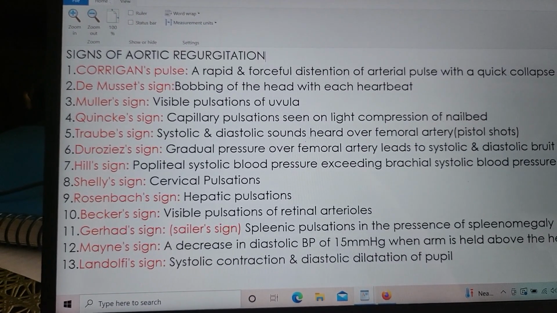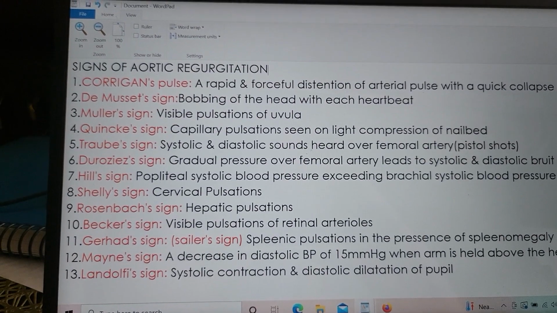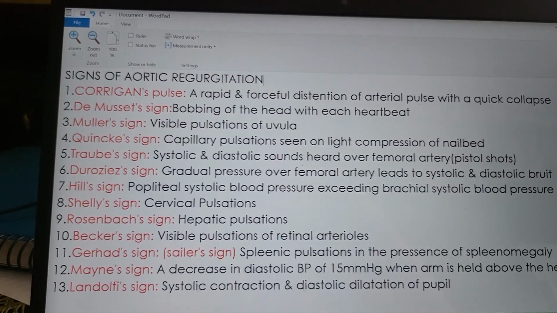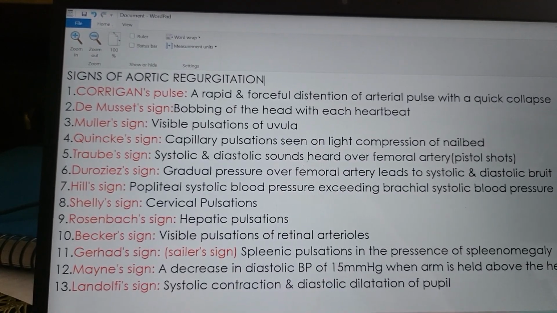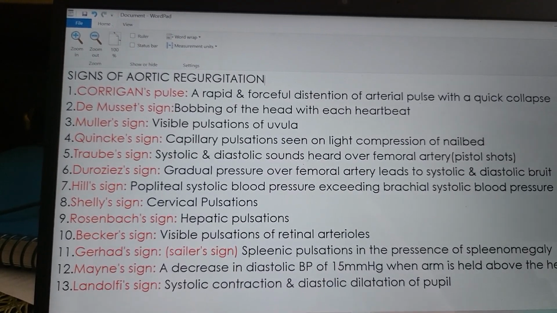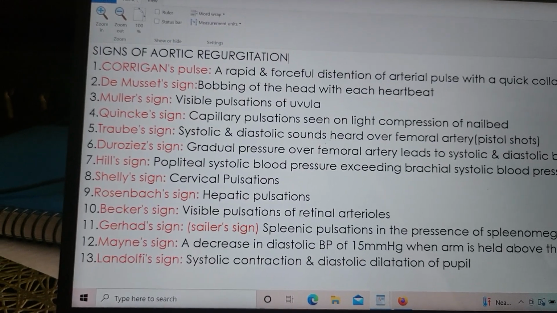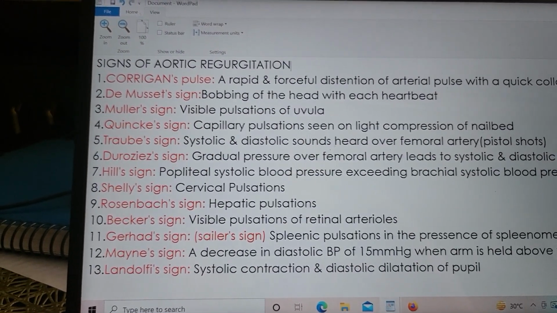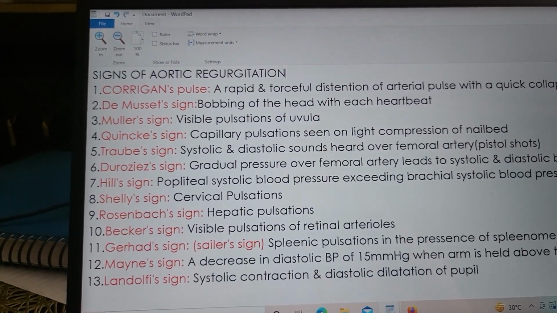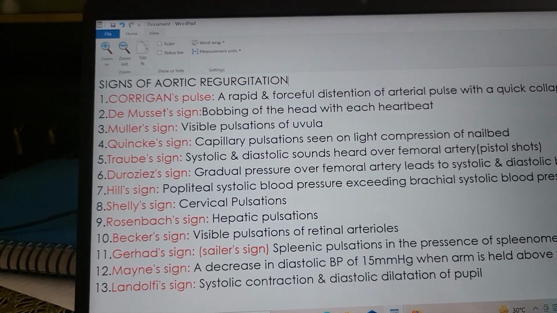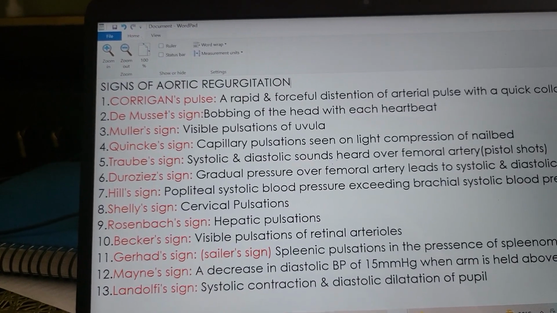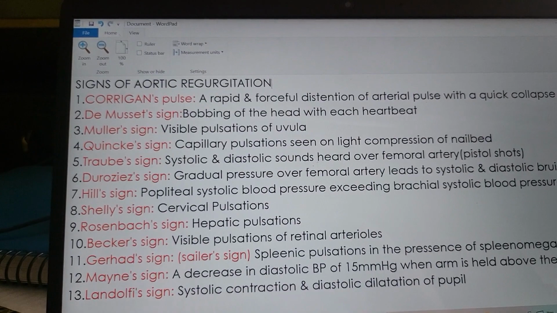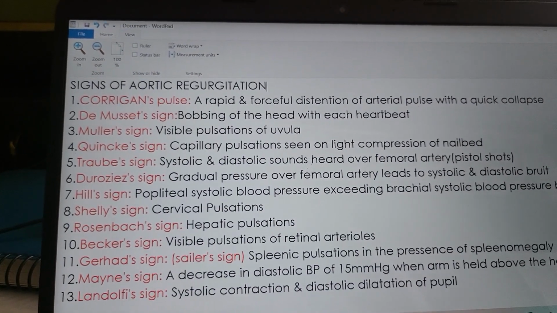So there will be rapid and forceful distension of carotid arteries in the systole, and there will be quick collapse of the pulse in the diastole. The reason is that in aortic regurgitation, there will be leakage of the aortic valve. So there will be pooling of blood in the left ventricle. So in the systole, the LV has to contract and eject much of the blood into the aorta. So there will be rapid and forceful distension of the carotid arteries because of the